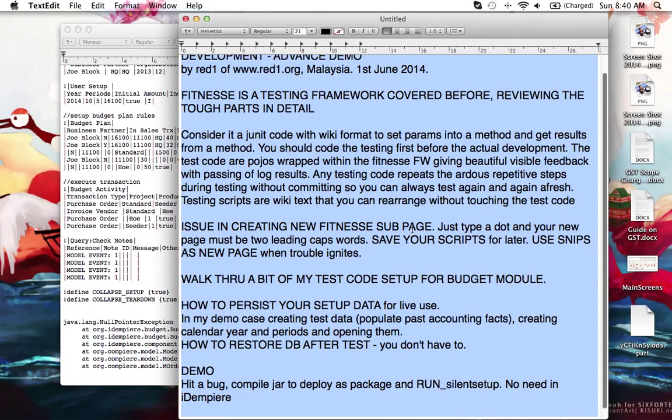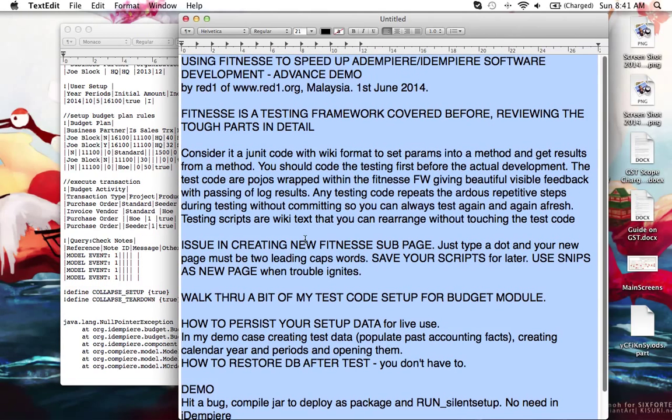All right, so let's review that this allows you to do tests, JUnit tests, in a wiki format. And you can set parameters into a method, a setter and getter. Well, it gives you beautiful visible feedback, with the passing of the log results to the error page. And you can